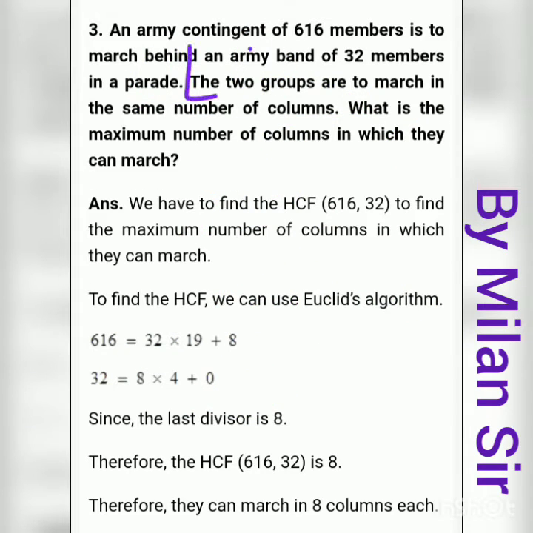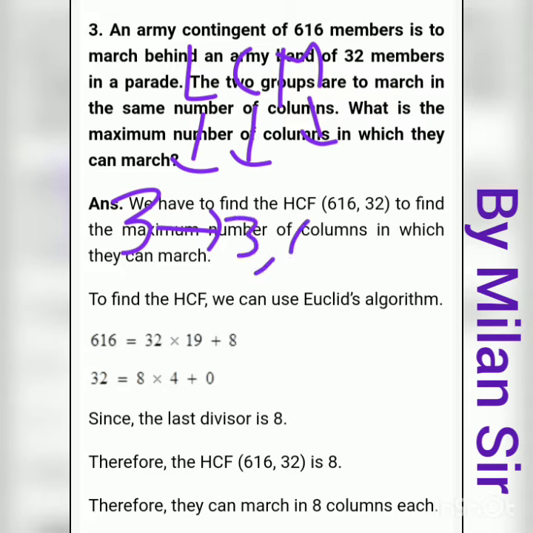Now if we think about the LCM, what is the full form of LCM? Lowest common multiple. In HCF we have factors, here multiples. Multiples means you can say the table. If we think about the multiples of 3, it is 3, 6, 9, 12, 15, 18. These are the multiples. That means the answer of table 3: 3 1s are 3, 3 2s are 6, 3 3s are 9, 3 4s are 12. So this is called multiples.